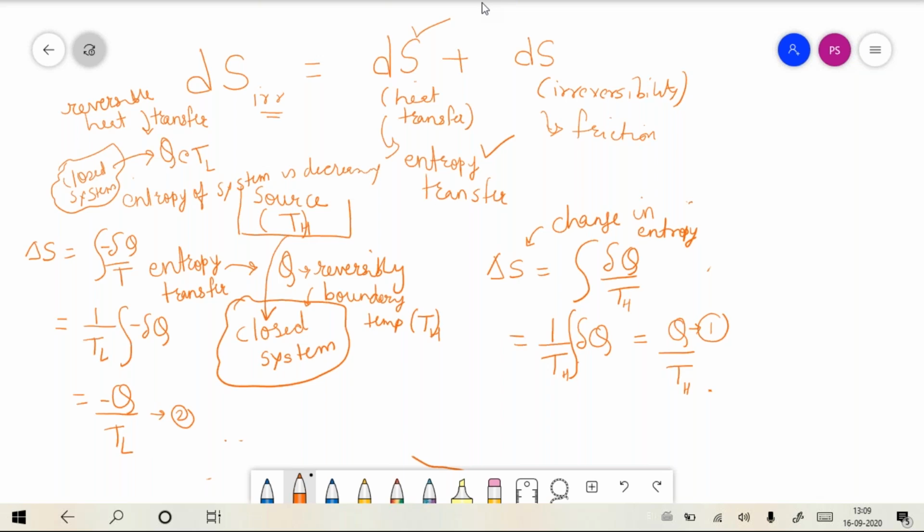Mind that irreversibilities are going to increase the entropy. So I am now using the term entropy generation,